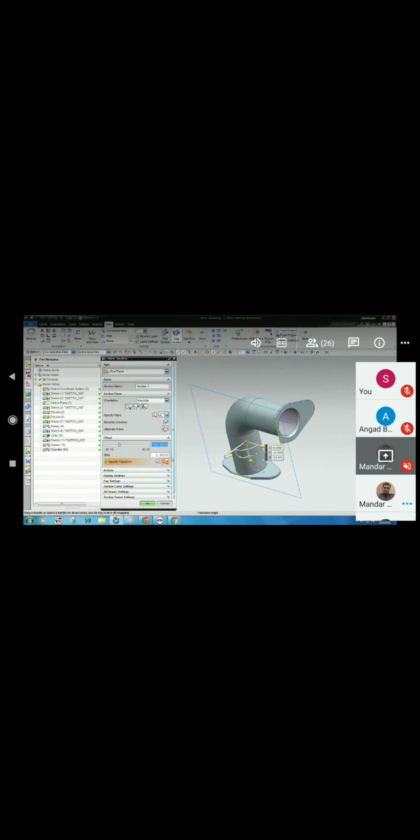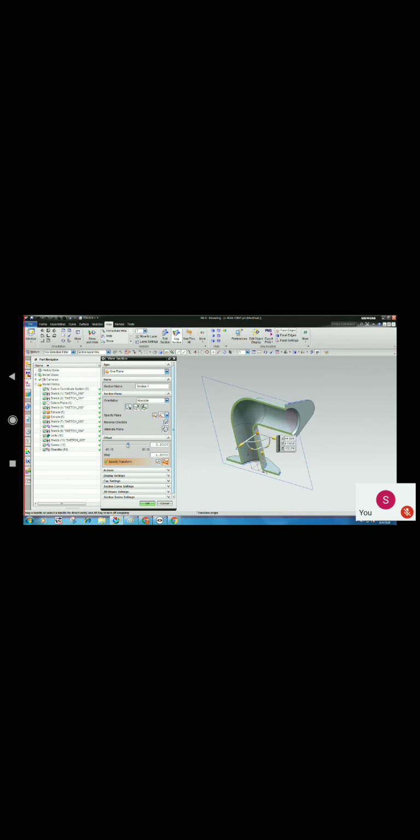Okay. And if you want to take some offset distance for this edit section option, go to edit section, middle click and take the offset value here. Currently at exact center, you take 0 value. If you want to take an offset value, take minus 15 or minus 35, like that. And do this offset plane here. At exact center, put the value 0. And change the plane from here. Just a very easy operation to check the sections.